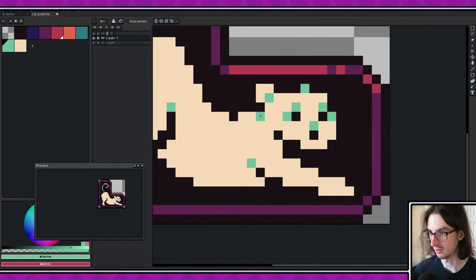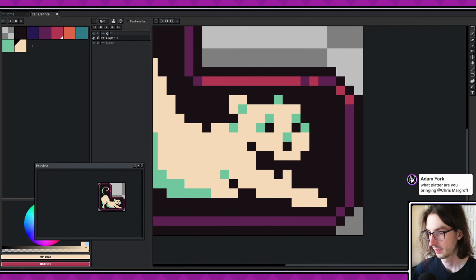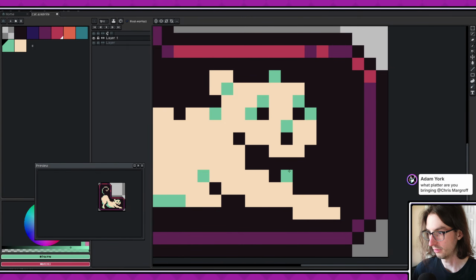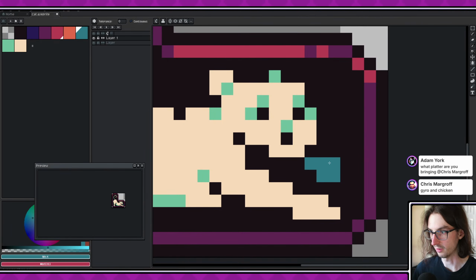I don't know what it is about the face that's making me weird, but that's all right. Maybe we can do a background leg as well. I don't really know if that reads as a background leg or not, but